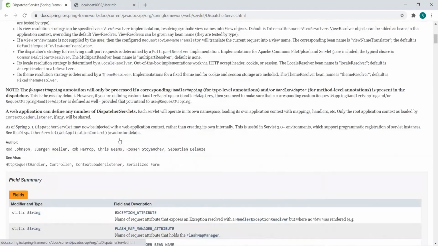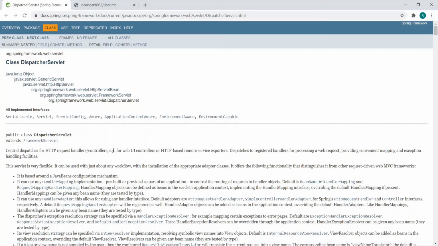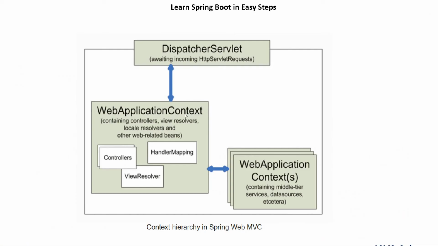You can go through this Spring MVC document that the Spring team has provided, and see how the dispatcher servlet works, and thereafter how Spring Boot does the auto configuration to delegate the request and populate the request, using the web application context.